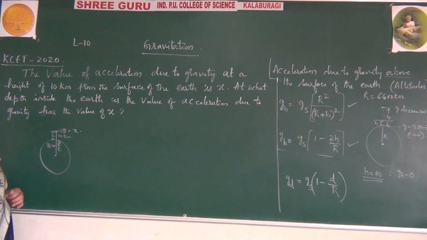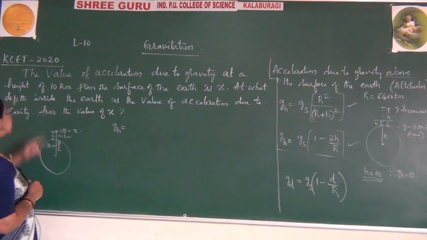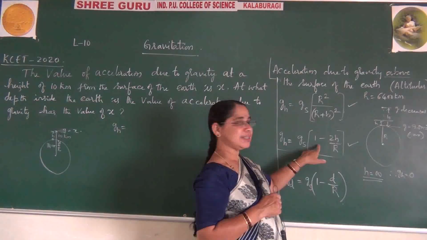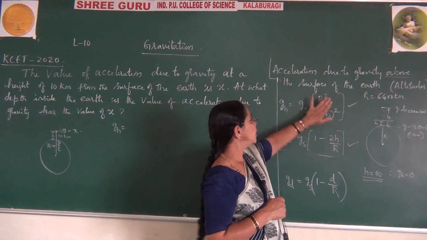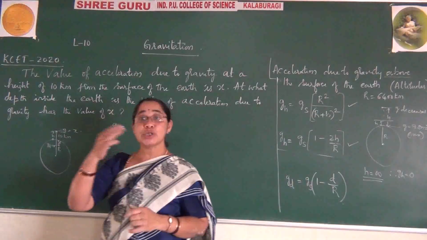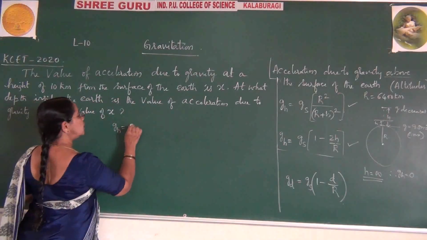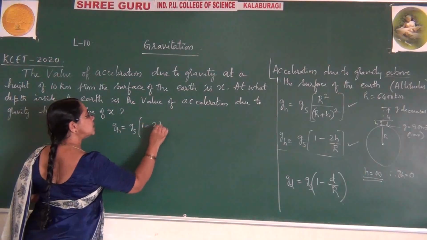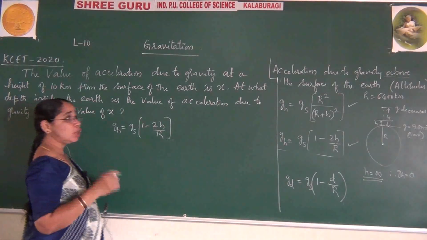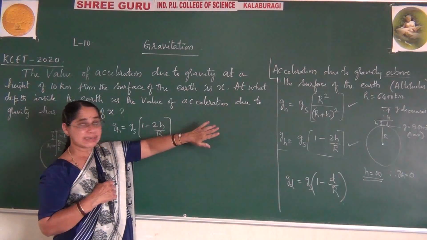Now let me write the conditions. Using this, I write the first formula, g_h as per the altitude. Since it is 10 kilometers, which is closer to the surface, and you are already familiar that if the distance is very small we use a different formula, I should go for the second formula, where g_h is equal to g_s into (1 minus 2h by R). This formula we have to select. I hope you understood. In the previous problem I said what the condition was; now what is the condition I am saying here?